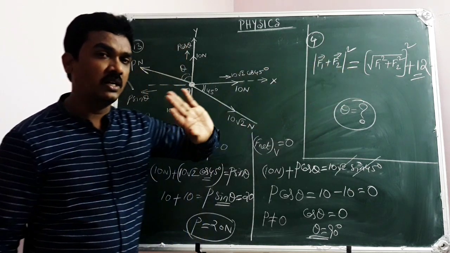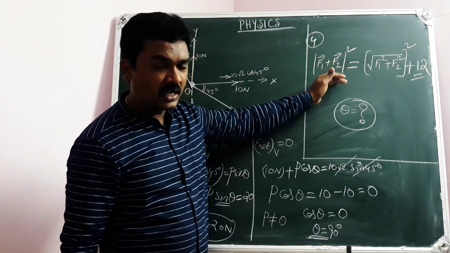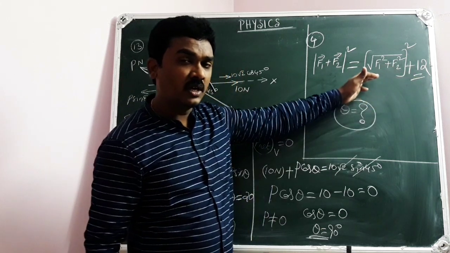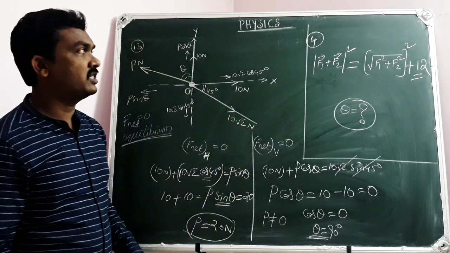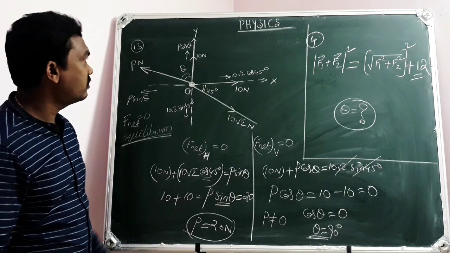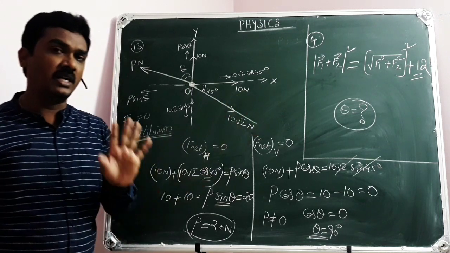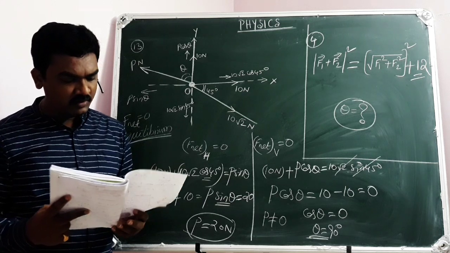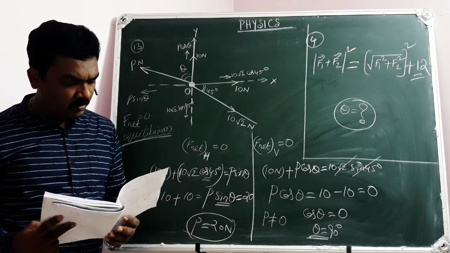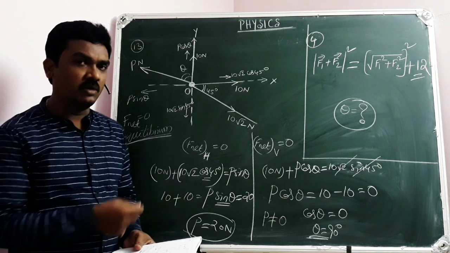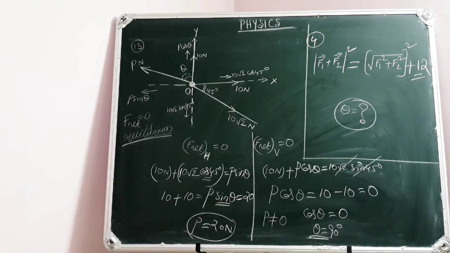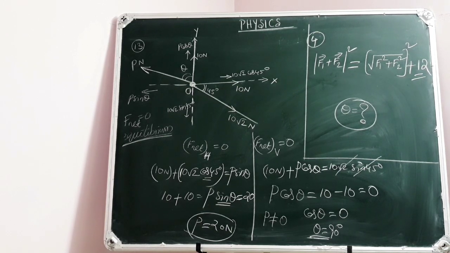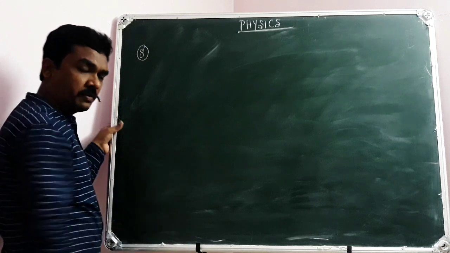This terminology you should understand clearly: square of their resultant exceeds by 12 the square of their resultant when they were mutually perpendicular. That's an important statement that you need to consider to come across the solution. So this is the 13th question and the 4th question at the gear up level. Still, one more question I wish to discuss here at the gear up level. It's the 8th question. Let us discuss the 8th question at gear up level.